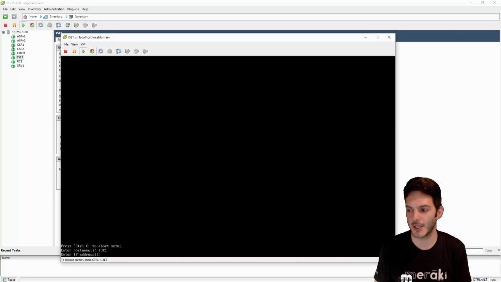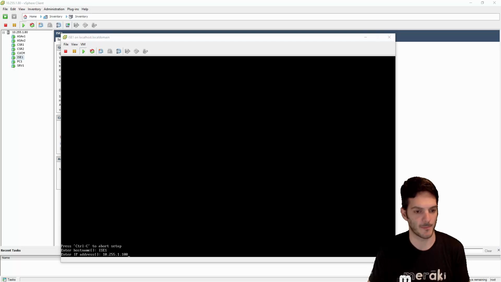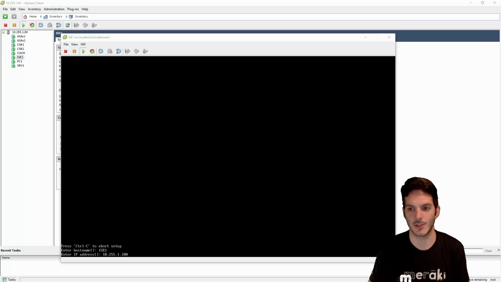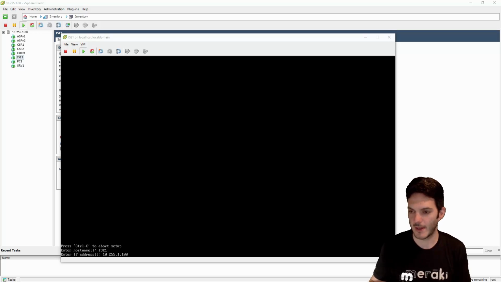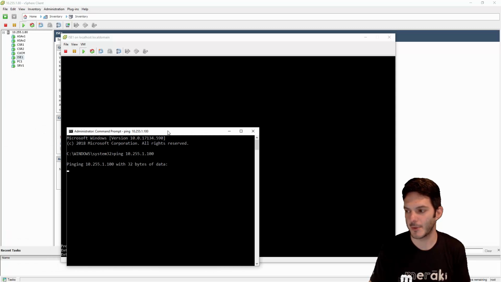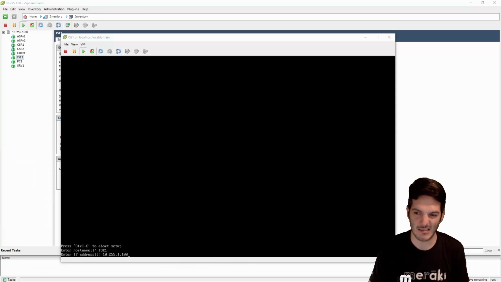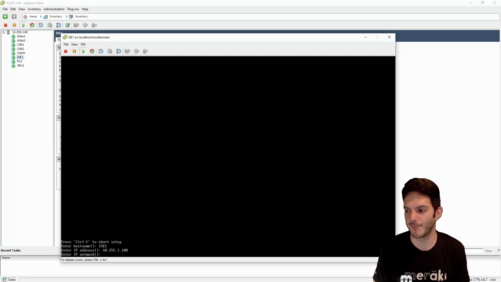So I'm going to go ahead and hit the enter key. The IP address of this guy is going to be 10.255.1.100. I don't think there's anything on that subnet because once I deployed voice in my network, I actually went and added some networks to it. Let's just go ahead and check. And that IP address, nothing's responding, which is not a big deal. So /24 mask, and then